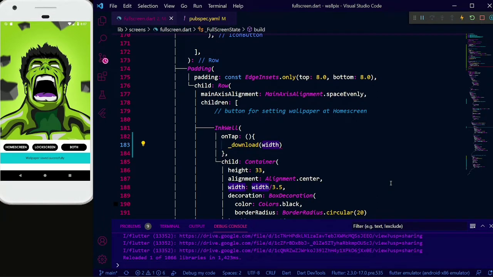So it will ask a bit, but we can also share that we are going to set the wallpaper in our home screen. So for that, we will send another argument called home, and similarly, we will copy this